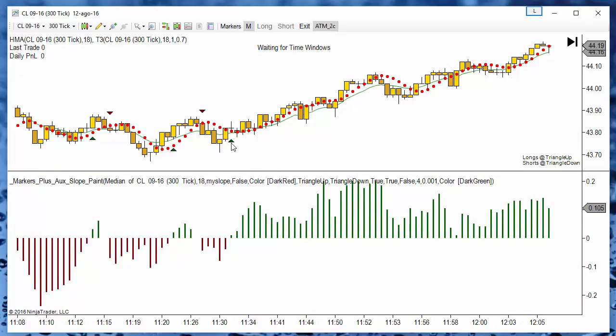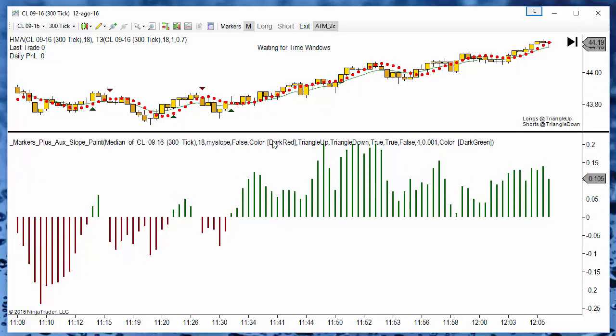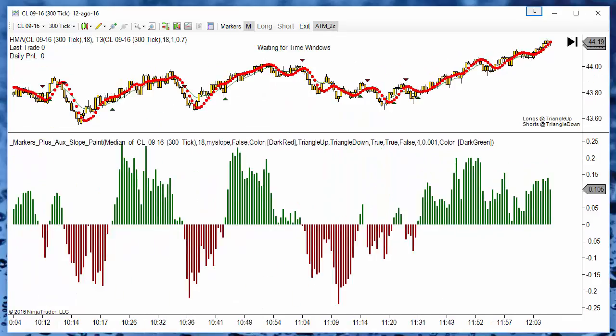With the threshold we can define how big the slope must be to consider a trend change. For example, here this small peak is 0.05. If we set a threshold of 0.06,